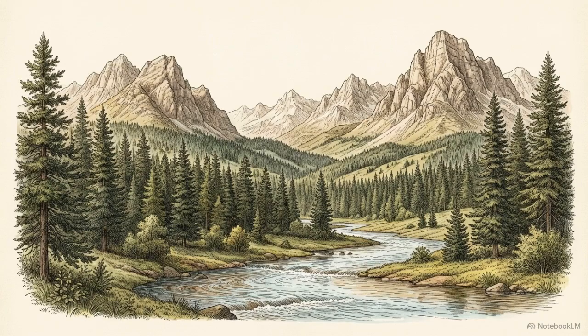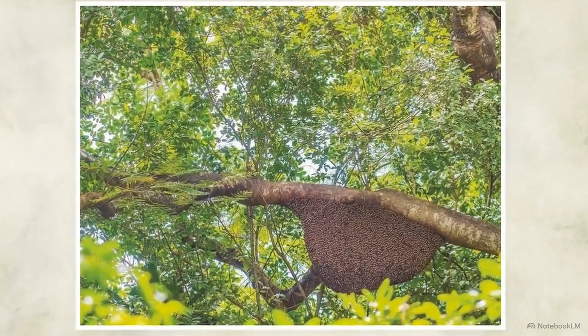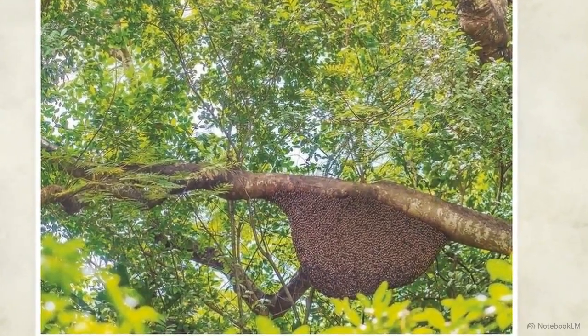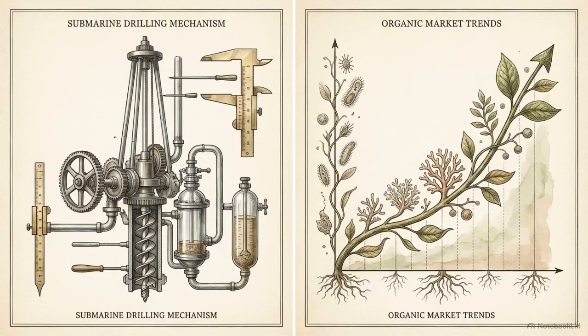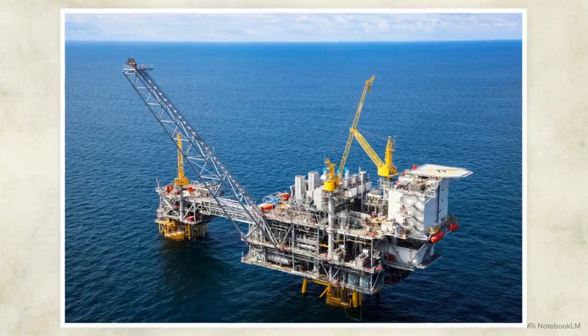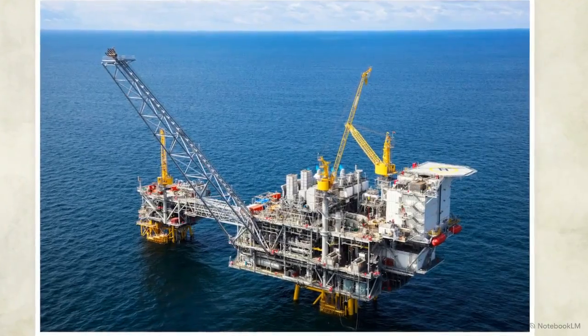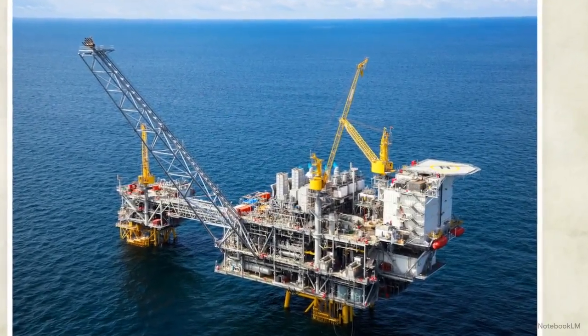We define nature as the totality of life and non-life that exists completely independently of us. This beehive and the canopy around it function for millions of years without human needs in mind. Elements of nature only become resources when our technology makes them accessible and our markets make extraction viable. Deep-sea petroleum isn't a resource until we build a rig massive enough to reach it.